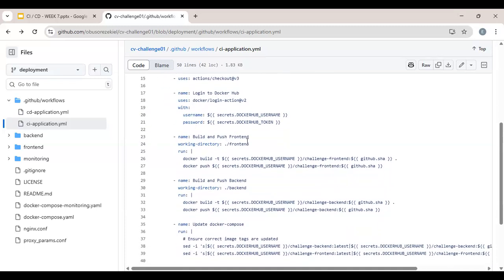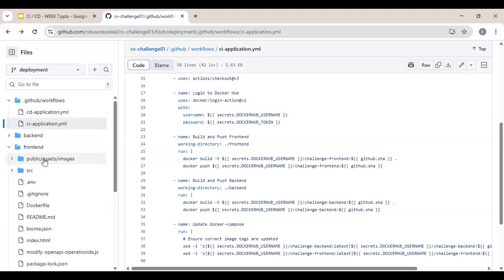Then you now see build and push front end. Ideally, like I said, this is not ideal. You have to create front end and back end separately. I think we'll do that because we're doing back end and front end for that assignment. So I'll show you front end the same way I showed you last time. Now you see working directory ./frontend. Now it is going to this front end to start building. You can see inside front end there is a Dockerfile.